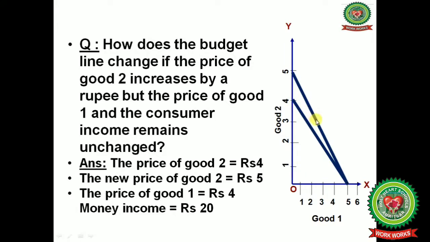The money income is rupees 20. So the price of good 2 is equal to rupees 4 and the new price for good 2 is equal to rupees 5 and the price of good 1 is rupees 4 only. So the money income is equal to 20. Now next one is,